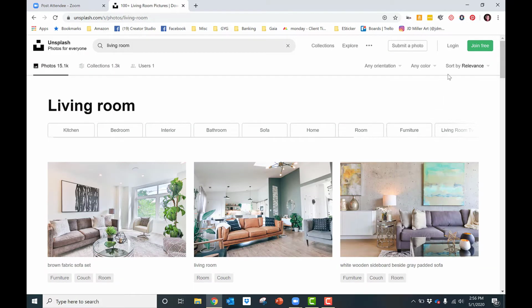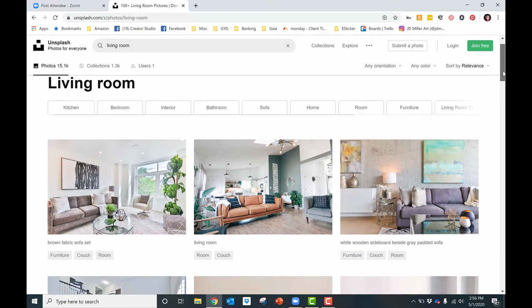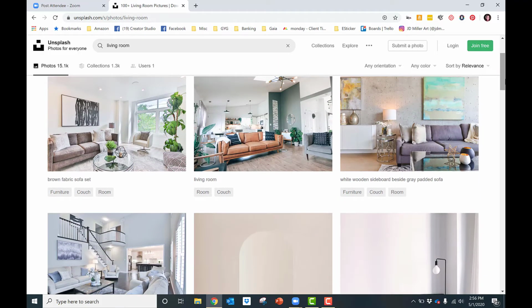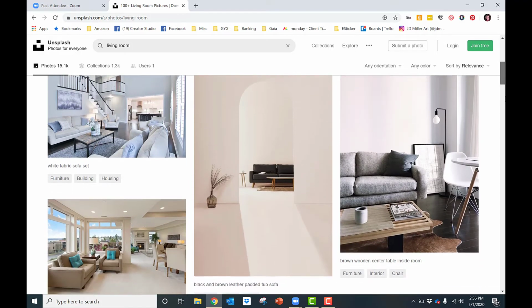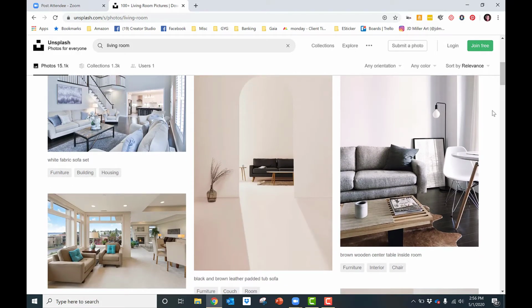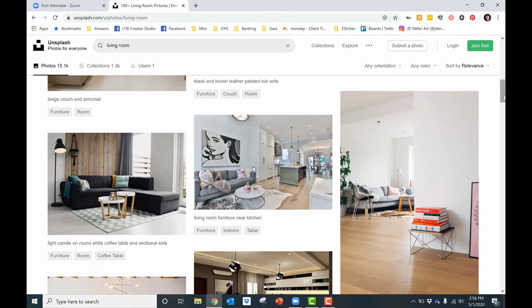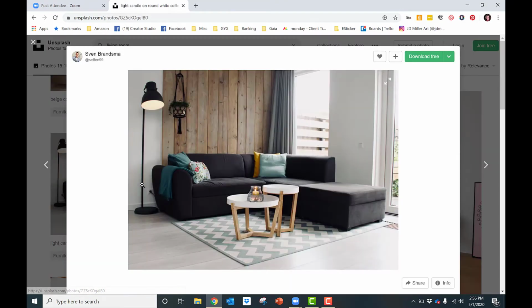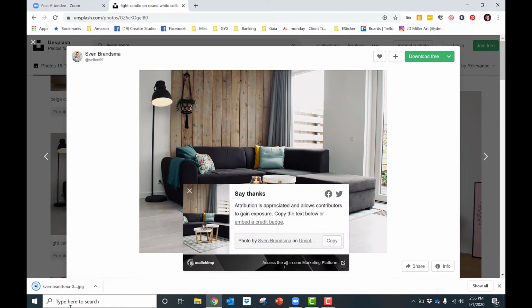So be aware that you're picking a background that's congruent with what you're doing. If it's a business setting, maybe you don't want a living room, you want a boardroom, for example, or just an office. And think about having a little bit of depth to your image. You kind of draw the eye back and away from you. So let me pick this living room setting here, and then I simply download the file, and it's going to go to my downloads folder, and I will pop back over into Zoom and show you how to upload the new image that we just